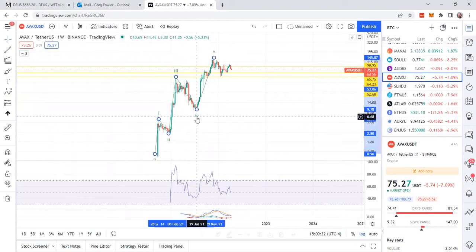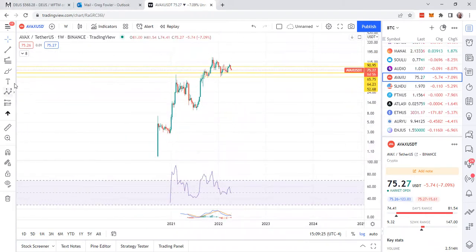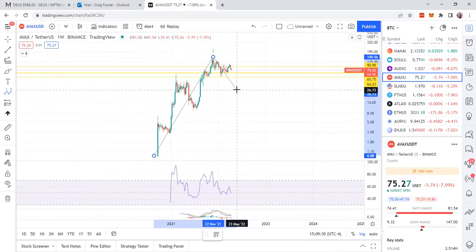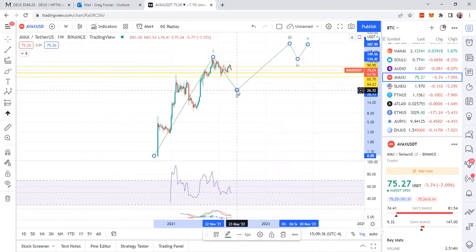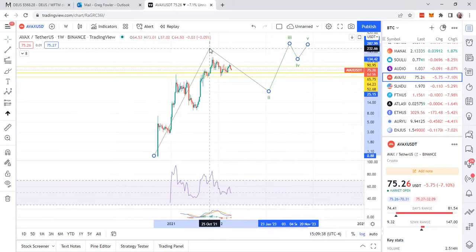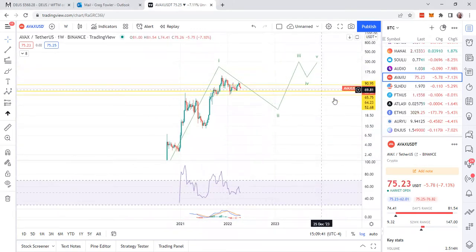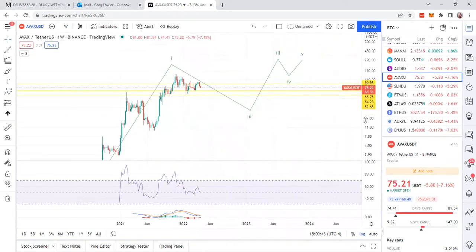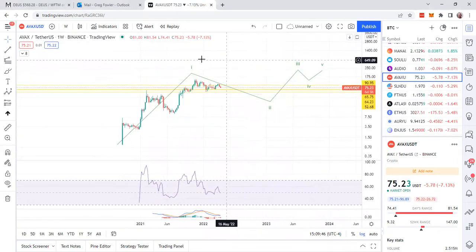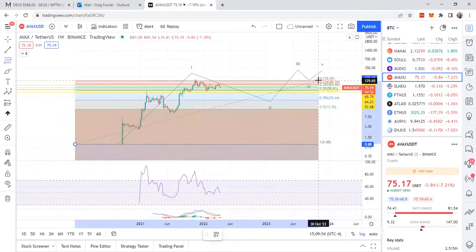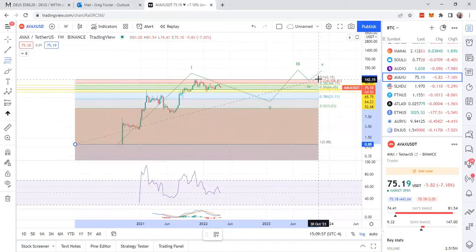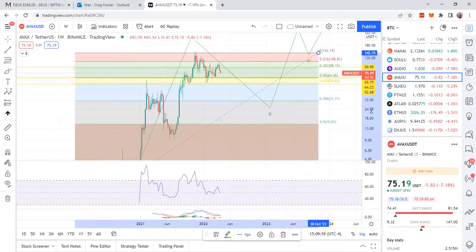So I'm going to take that off now. So that's all wave 1 for AVAX. AVAX is in the second wave correction, which are deep corrections. So what we've got to find out is, is that correction deep enough? I'm just going to go to the bottom of that wave. I'm going to include everything, give it the benefit of the doubt.